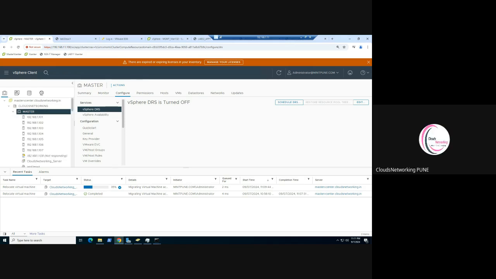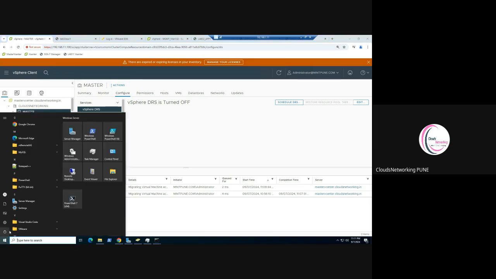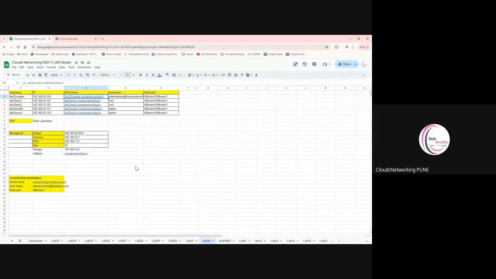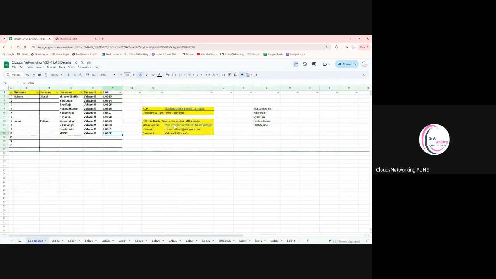काफी। Okay. और मैं क्या बोल रहा था कि आप ये वर्क स्टेशन से कंट्रोल मत लो, डायरेक्टली यू कैन हिट टू माय मास्टर वी सेंटर। और मास्टर वी सेंटर का इंफॉर्मेशन मैंने यहाँ पे ऑलरेडी आपको दिया है लैब मास्टर में, ये आपका HTTPS है।